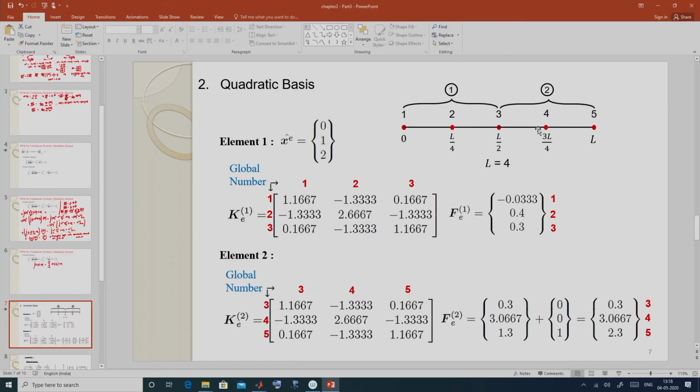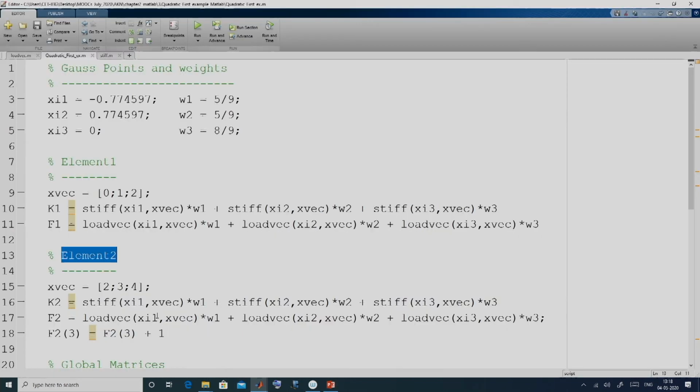Now, for element 2, the only thing which will change is the coordinate. For element 2, the coordinates are 2, 3, 4. We use the same function, and in a similar way we get K2, the element stiffness matrix of element 2.